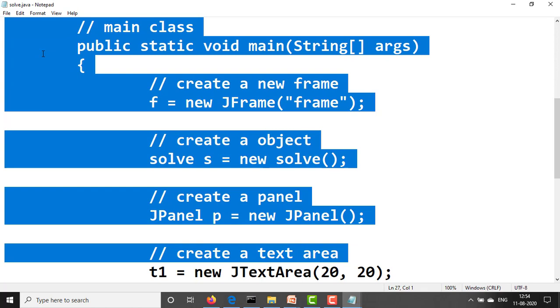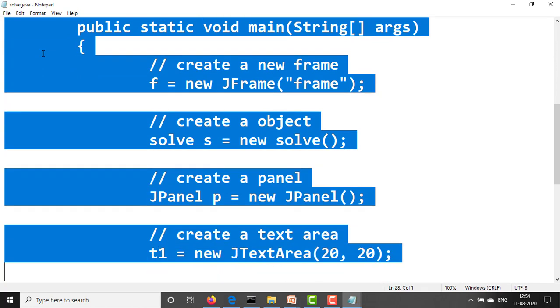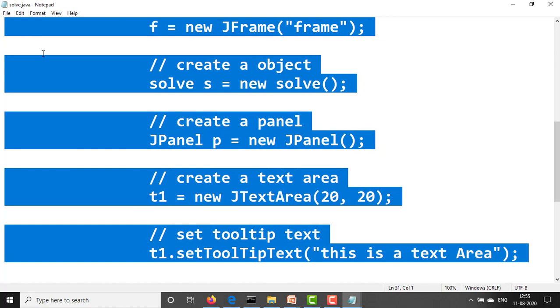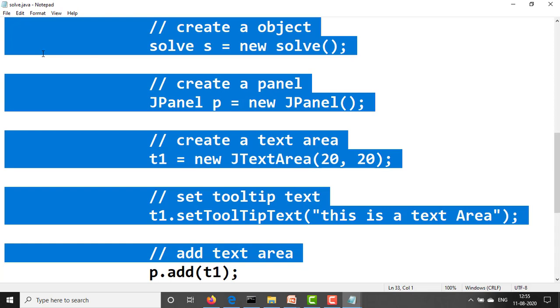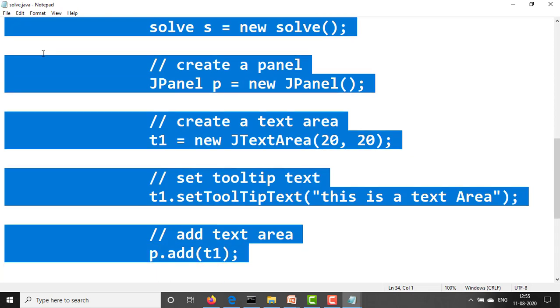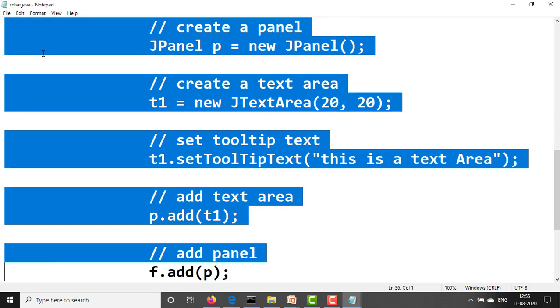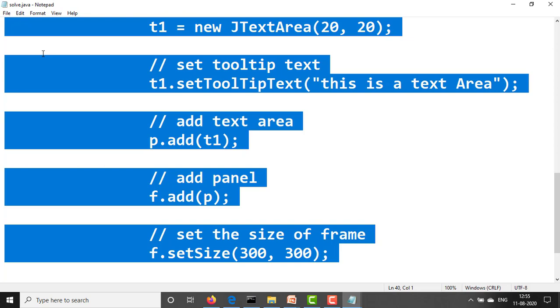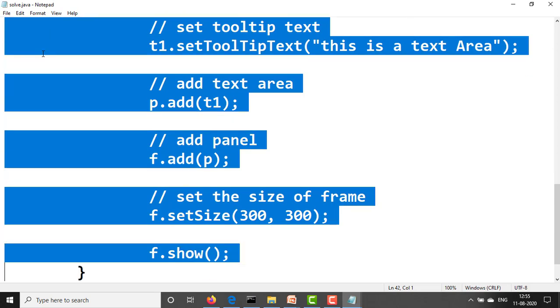Create a panel object, JPanel p = new JPanel(); create a text area, t1 = new JTextArea(20, 20); set tooltip to the text area: t1.setToolTipText("this is a text area"); Now add the text area to the panel: p.add(t1); add the panel to the frame: f.add(p); set the size for the frame: f.setSize(300, 300); now f.show(), or here you can use the method f.setVisible(true).